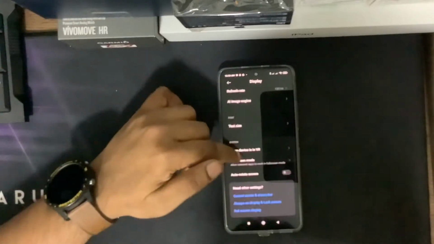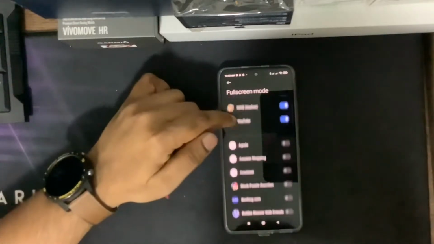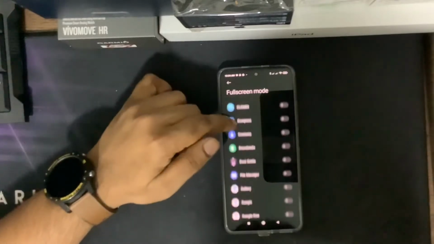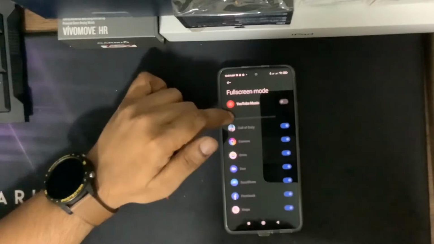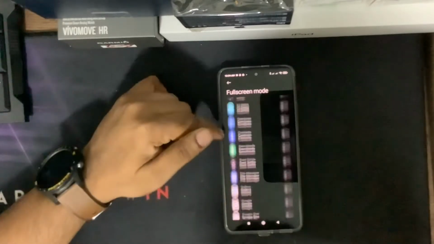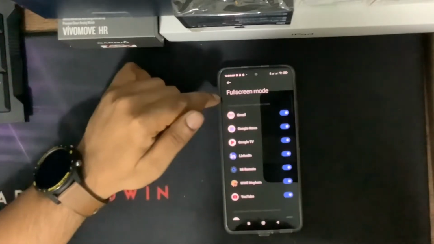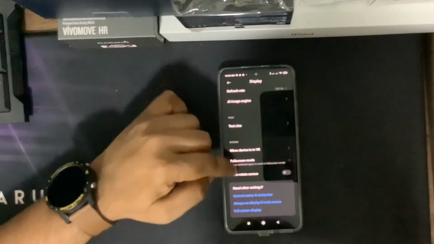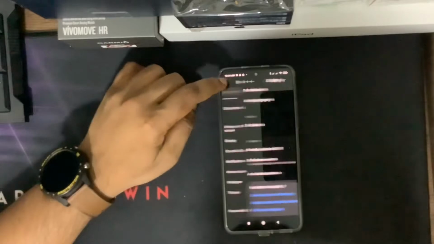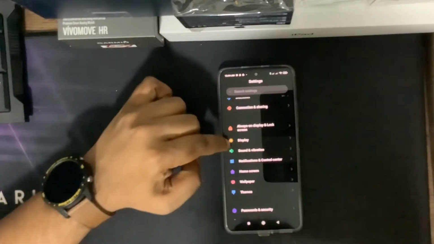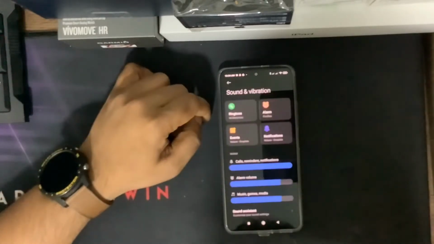Text size, full screen mode. So all this will be in full screen mode. Where's my YouTube? YouTube is in full screen mode. Auto rotate screen. I prefer to rotate it myself. That's it. So that's the display.